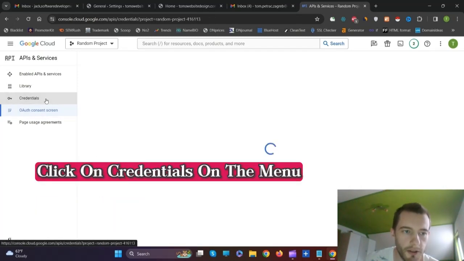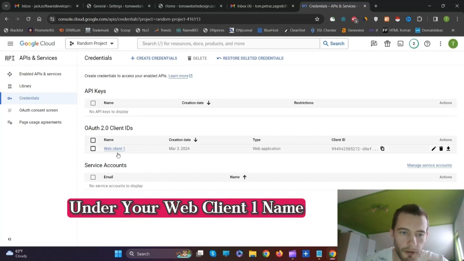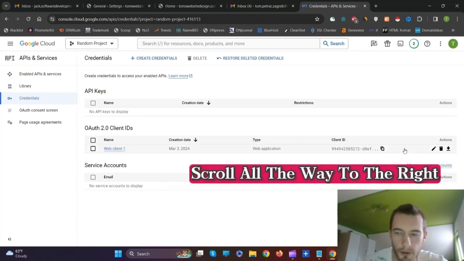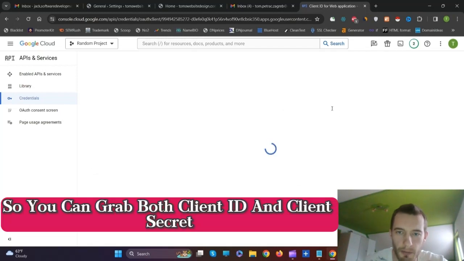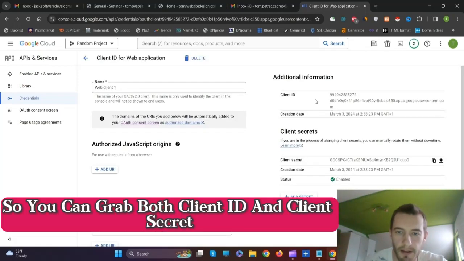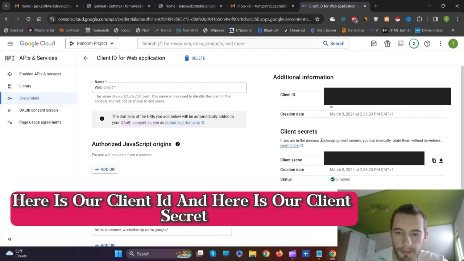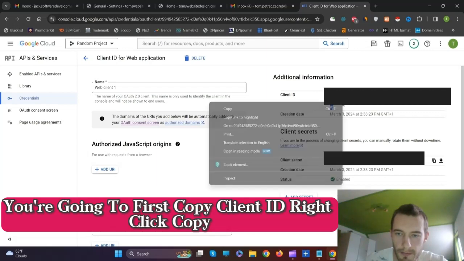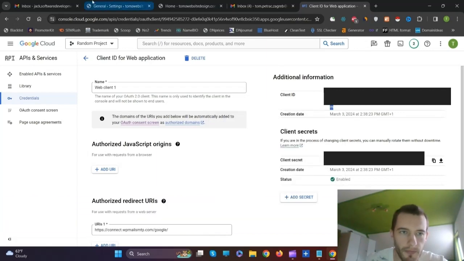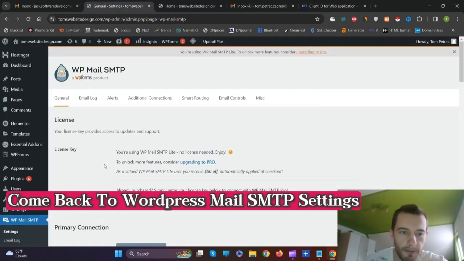Click on Credentials on the menu. Under your web client 1 name, scroll all the way to the right, click on the pencil so you can grab both client ID and client secret. Here is our client ID and here is our client secret. We're going to first copy the client ID, right click copy, come back to WP Mail SMTP settings,